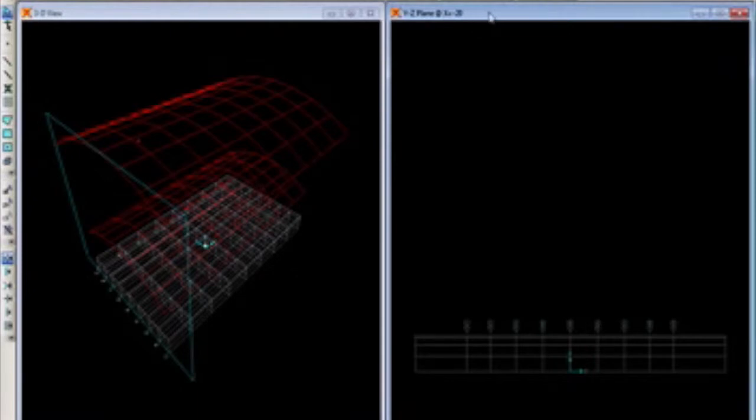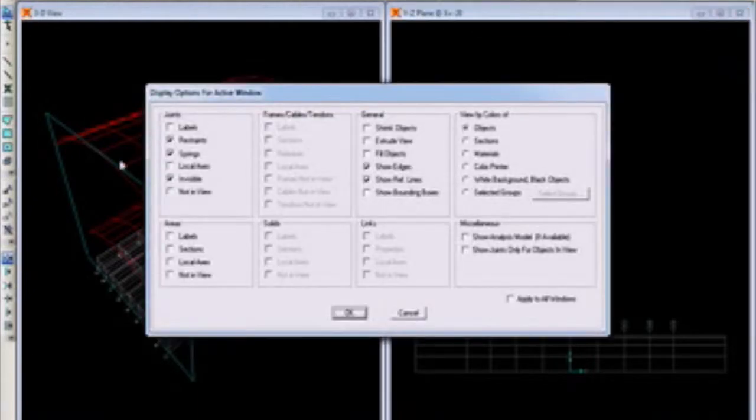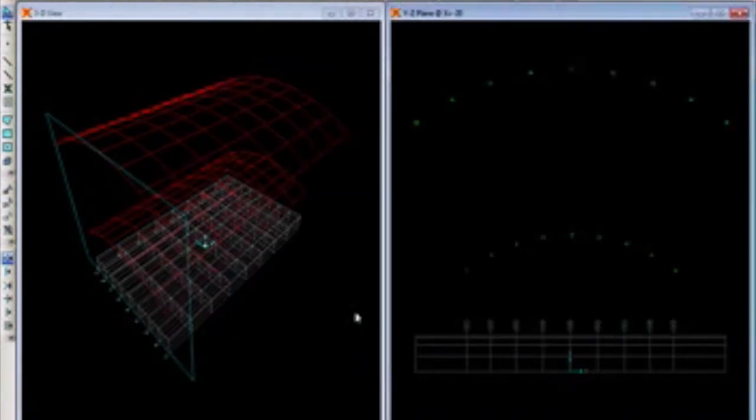If you see this, you have set display options over here. Go to Set Display Options, you can just select labels, say okay. So now we have seen the members. Wherever I move the mouse, you can see in this view the correct point where I am moving to. At this point I would like to have a wall. Before that I would like to know the position of Y at this point.